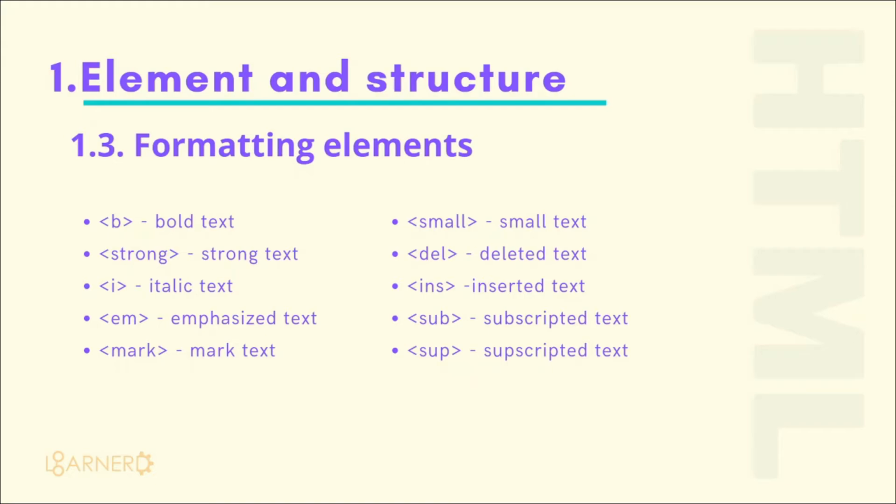As you can see on my screen, the b tag is used for bold text. For example, if you are applying the b tag within the p tag, then that particular section will appear as bold. The strong tag works the same way. Strong also makes the content appear much darker compared to the other content beside it. The third tag is the italic tag. The italic tag is used to provide a slanted text or slanted content where it has been placed. The emphasize tag also plays the same role as the italic tag.